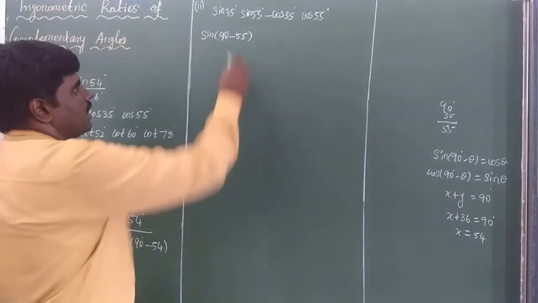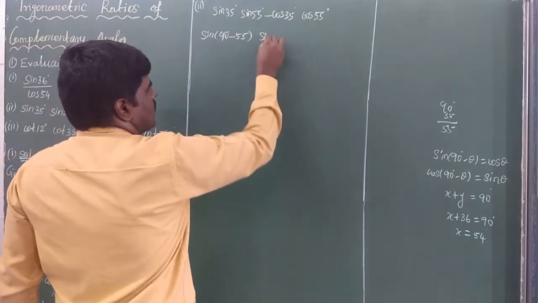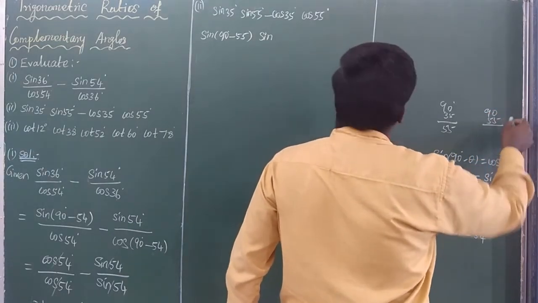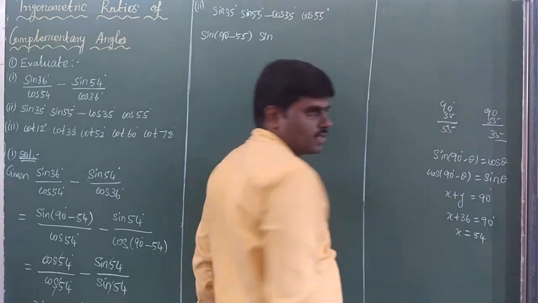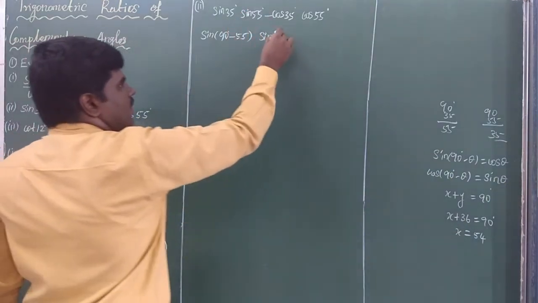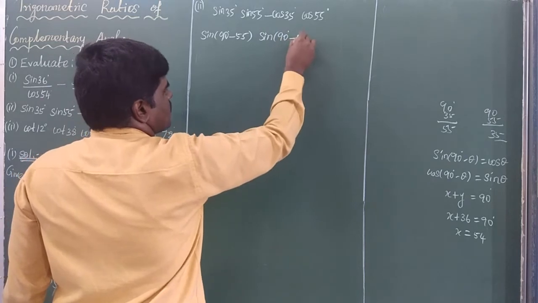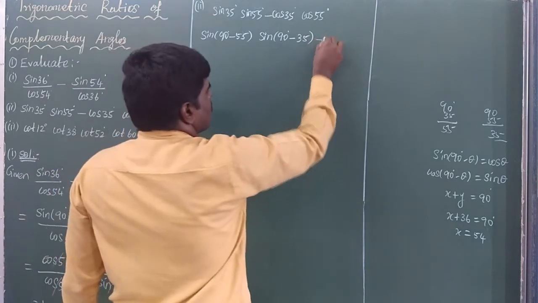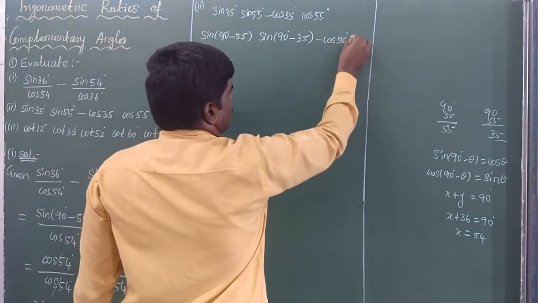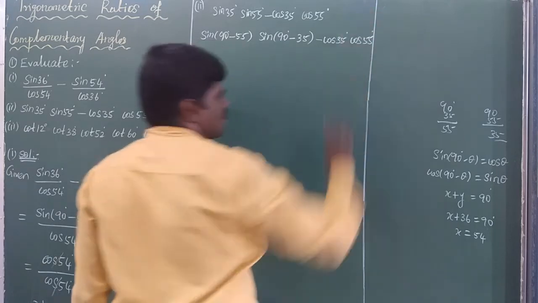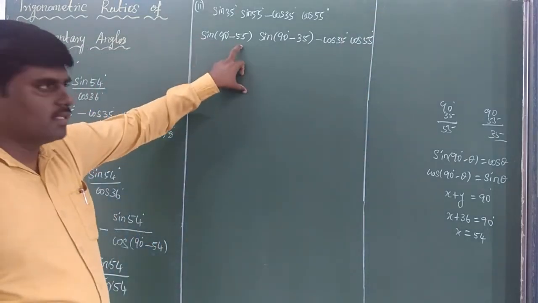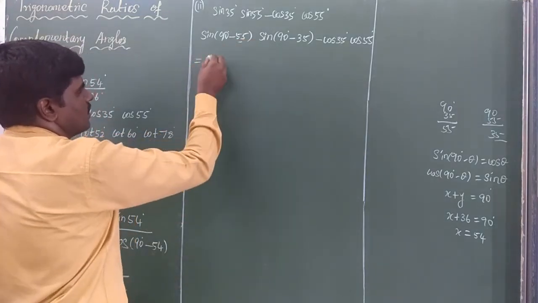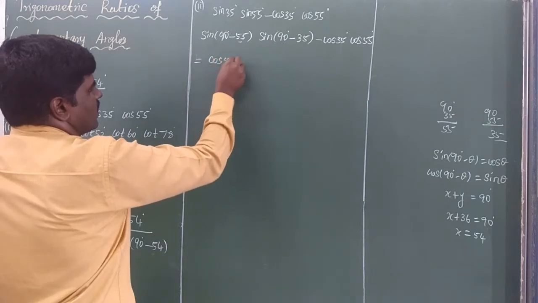Is that clear? Next again, sin of 55 degree into sin of 55 degree. So 90, so 55. You subtract, what's the value? 35 degree. So here the 55 degree, I will change to 90 minus 35 degree. Is that clear? Similarly, remaining the same way, cos of 35 degree into cos 55 degree. As this one, sin of 90 minus theta, you know the formula, is cos theta. Here 55 degrees will be theta. That's the meaning, so cos of 55 degree.